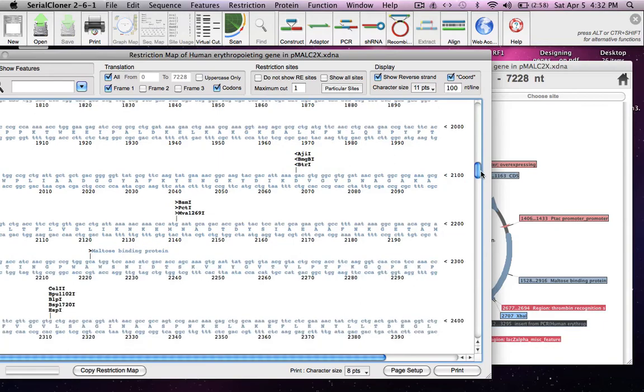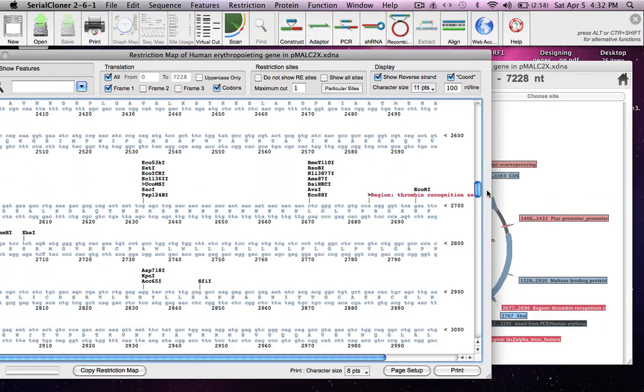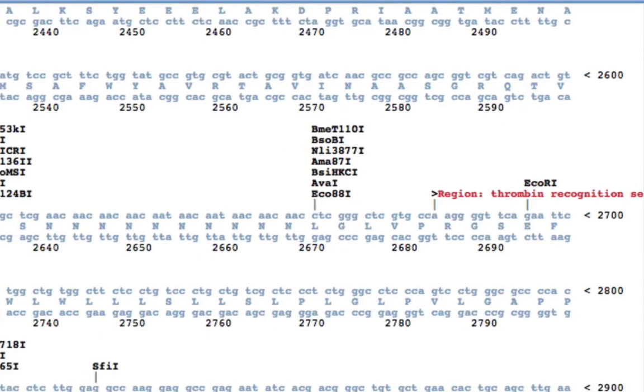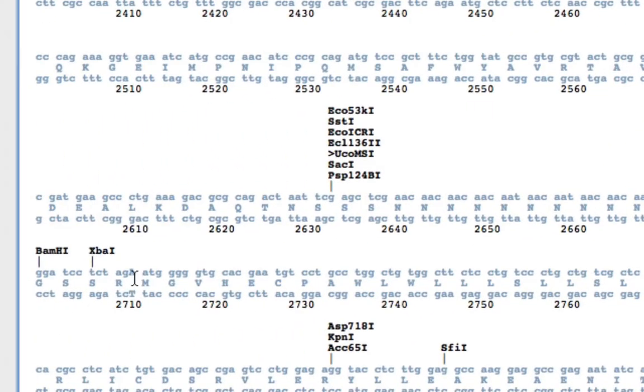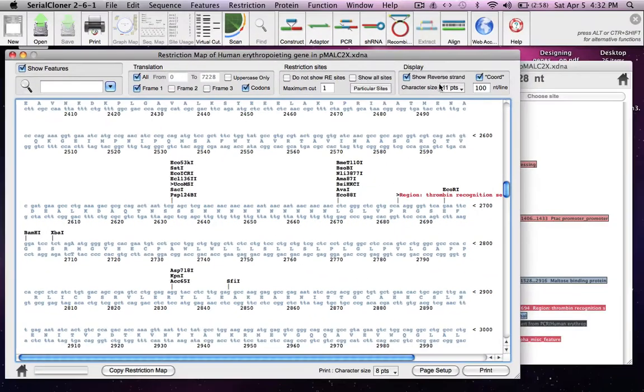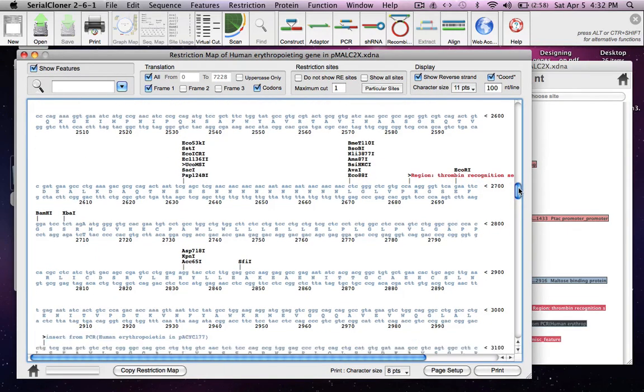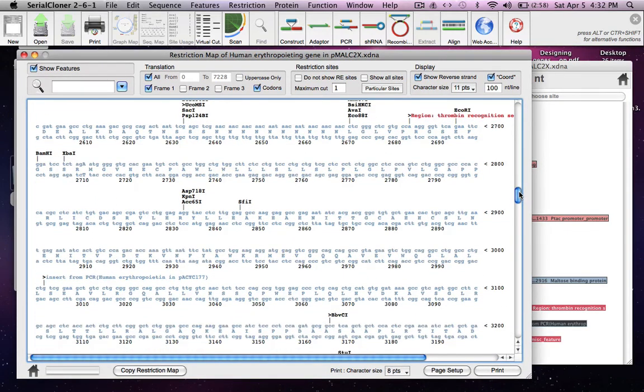Then we go downstream, that is the thrombin recognition sequence. Just downstream of that is our erythropoietin gene, and there it is. It starts with ATG, or methionine. So both the genes are in frame, and when translated will produce fused erythropoietin and maltose binding protein.